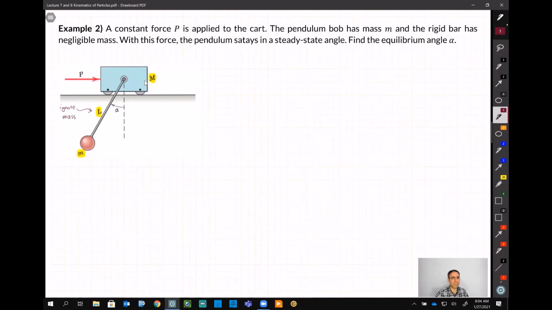If you are patient, in a few weeks, you will see when we solve a similar problem that we cannot ignore the mass of L. In fact, it is important, and you will learn how to deal with those sorts of problems. But for now, we just ignore the mass. And we push this cart by this force P. We want to find out